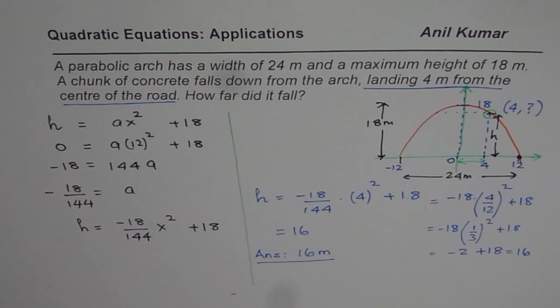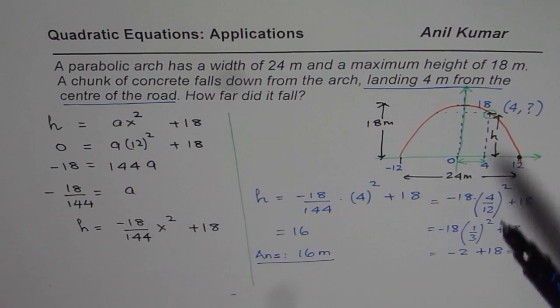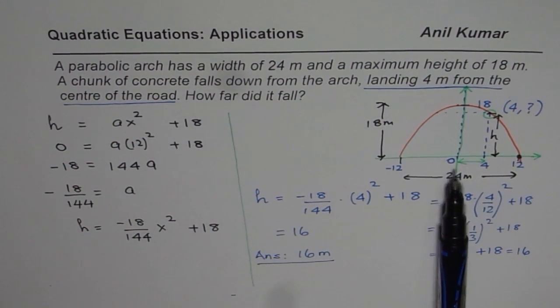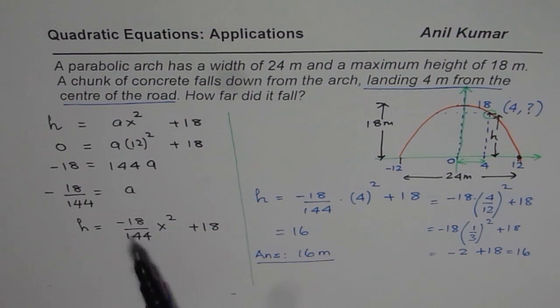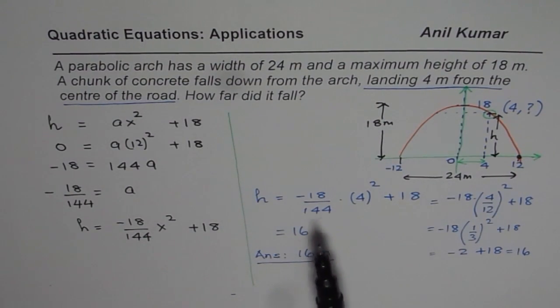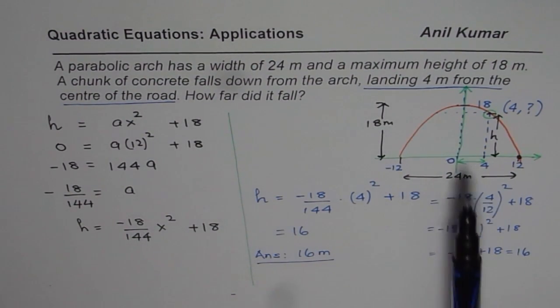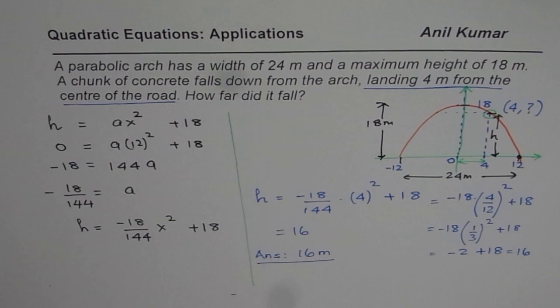With this, I think you have understood the steps involved in answering a question in the test paper. So make a neat sketch, select x's along with the y-axis so that it's easier to get the equation. Once you get the equation using the x-intercepts, find the height with x value of 4 and write your answer